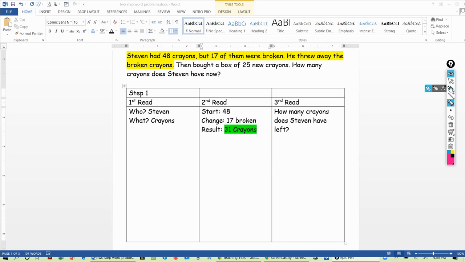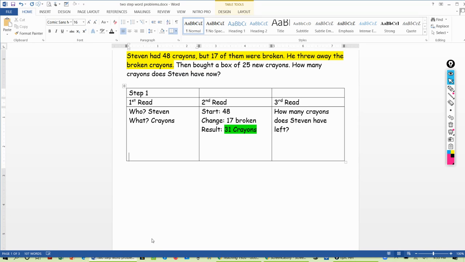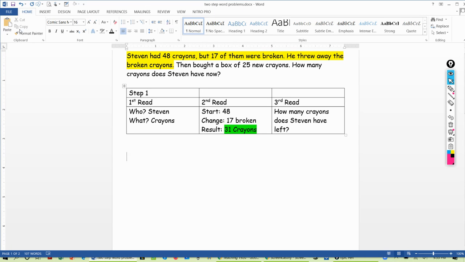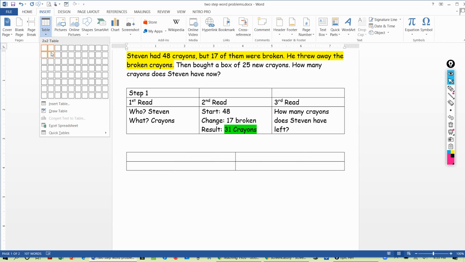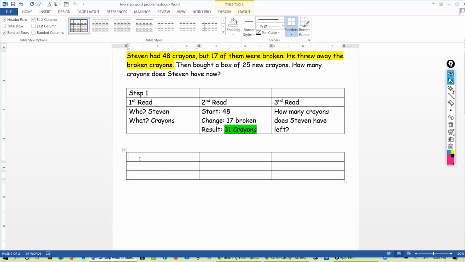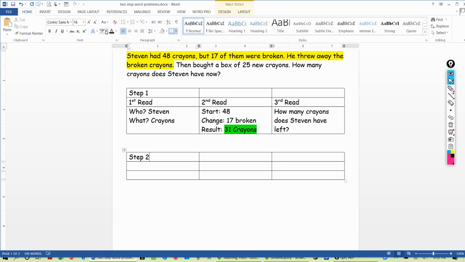So we are done with the first step, but we are not done answering the problem yet. So we need to go ahead and make a second step. I'm going to create another table. This is step 2. Now, when we create another table, we have to take the result from the 31 crayons. So now he has, I'm going to add, now he has 31